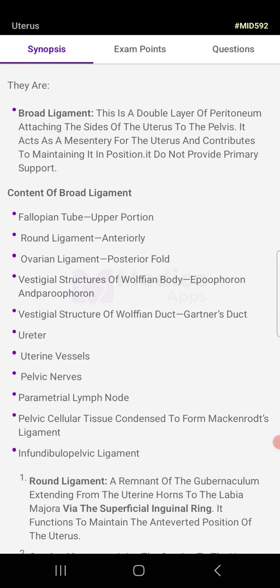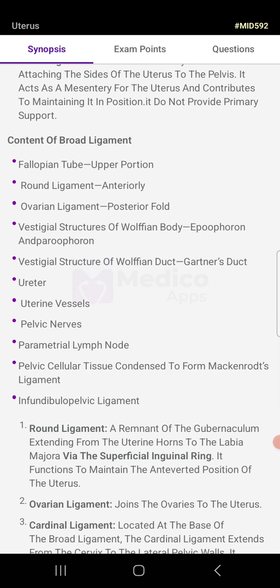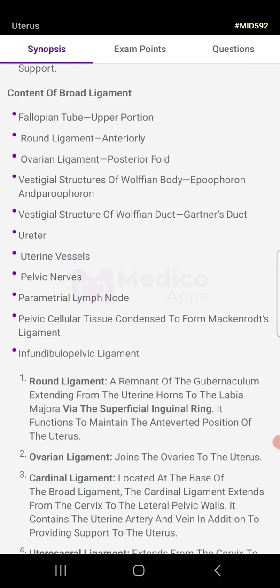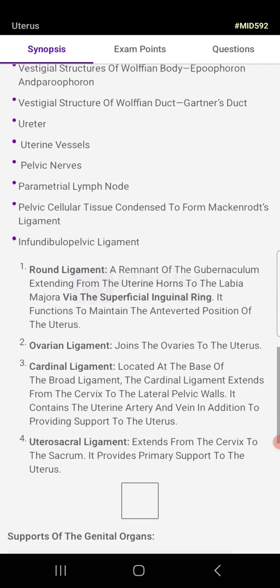Upper portion: round ligament anteriorly, ovarian ligament, posterior fold. Vestigial structures of the Wolffian body: the epoophoron and the paroophoron. Vestigial structure of the Wolffian duct: Gartner's duct. Ureter, uterine vessels, pelvic nerves, parametrial lymph nodes, and pelvic cellular tissue condense to form the Mackenrodt ligament. Infundibulopelvic ligament. Round ligament, the remnant of the gubernaculum, extends from the uterine horns to the labia majora via the